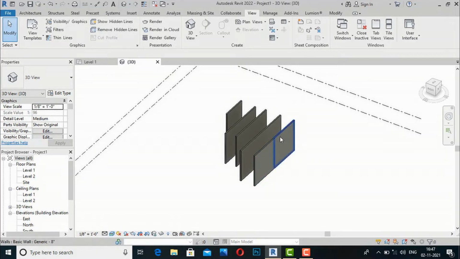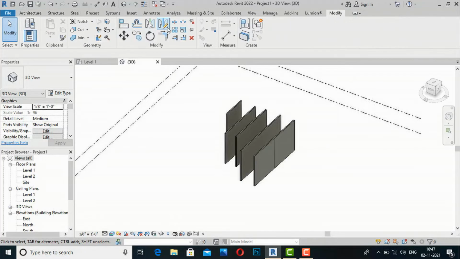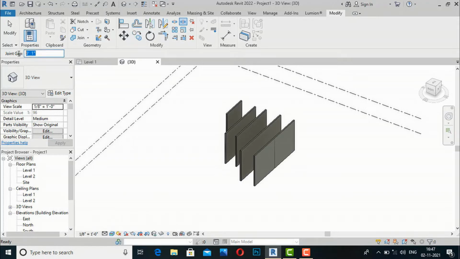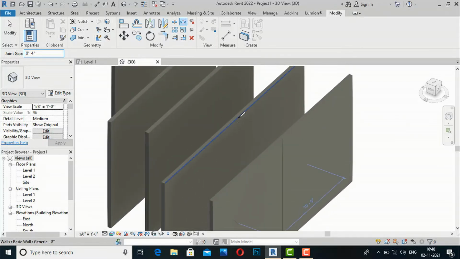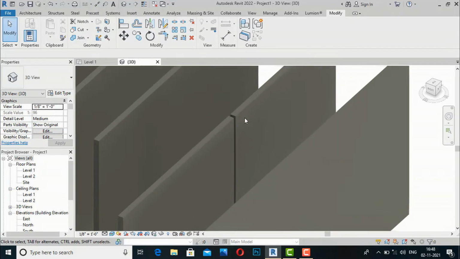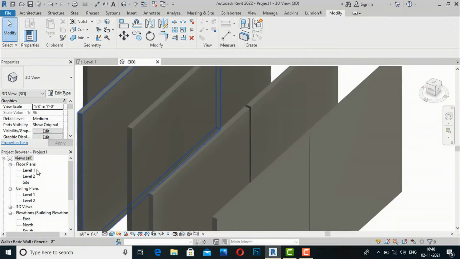You can see this wall is divided into two parts with the help of a split element, and these walls are not divided. So again, I'm going to my Architecture tab and Modify, and now I'm going to select Split with Gap. It will create a gap if you click this, and now it is asking for the joint gap. Suppose I give this a 4-inch gap, and now I'm going to select this wall here, and you can see this 4-inch gap is created with the Split with Gap element,